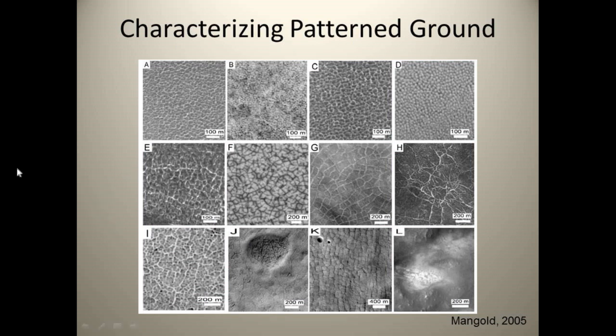So let's look a little bit more generally at Mars, actually. We've been looking at patterns on Mars for a long time. I told you about Schiaparelli, which began in the 1800s. With more sophisticated equipment that we have available now, such as MOC imagery, we could see much, much more in detail. And so Mangold performed a survey of MOC imagery in 2005 that showed the diversity of pattern ground forms that exist. Here are a number of these forms that range in scales from tens to hundreds of meters in size for these polygons.